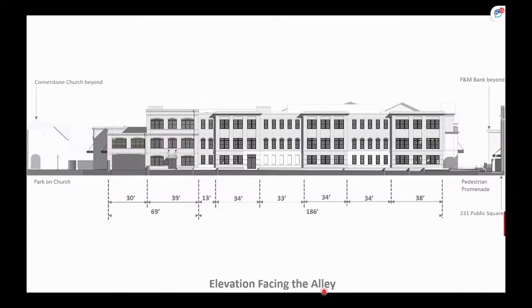On the left, the context that we're showing is the Cornerstone Church on the other side of Third, opposite the park on Church. And on the other end, the pedestrian promenade, you can see a little sliver of the gray 231 Public Square building, so you can see the height of that. And then in the distance, the F&M Bank beyond at the square. So that's the alley elevation.